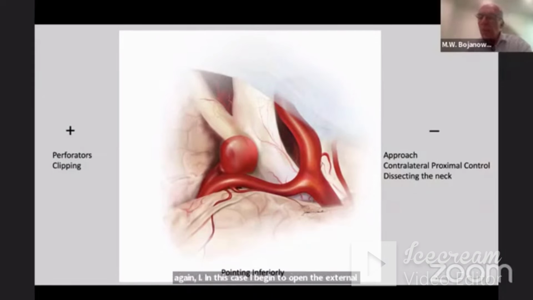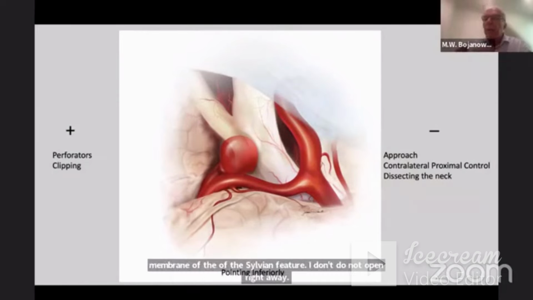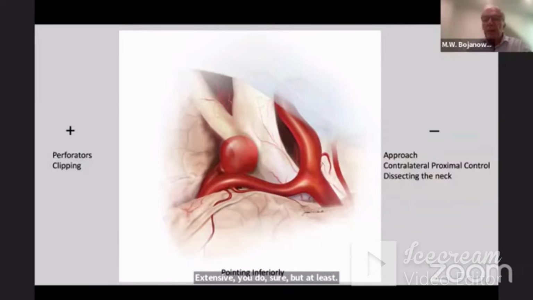I do not open the Sylvian fissure extensively right away, but at least I want to open the external membrane. So when I approach the aneurysm, I'm very close to the Sylvian fissure at that time, and I reduce the need for retraction until I get to the